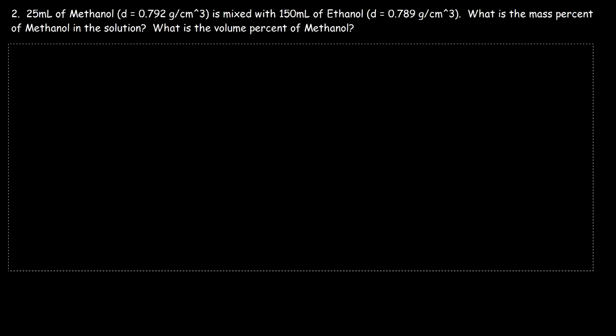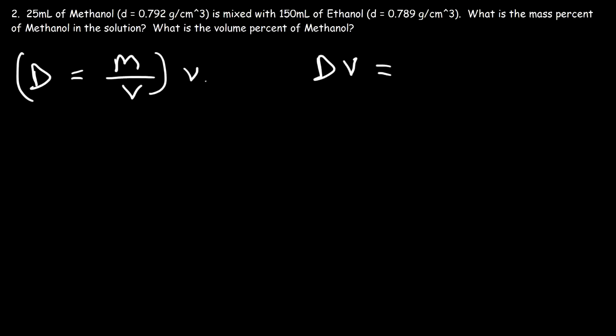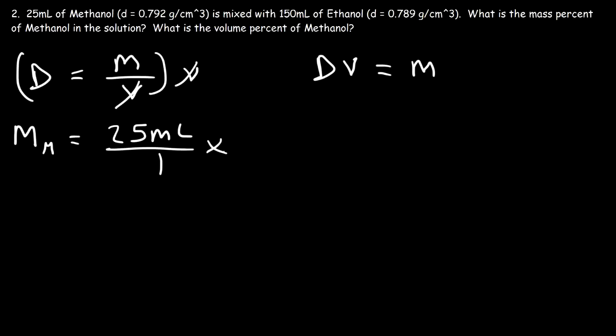So we have the volume and the density. We can use that to calculate mass. Now we know that density is mass divided by volume. So if we multiply both sides by the volume, density times volume is equal to the mass. So let's calculate the mass of methanol first. We have 25 milliliters of methanol, and the density is